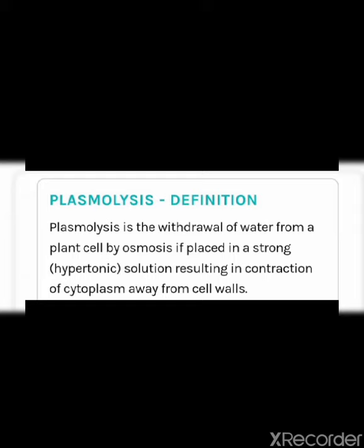Means the cytoplasm will shrink and the plasma membrane will withdraw from the cell wall. This shrinkage from the cell wall is called plasmolysis, and the cells in this state are said to be flaccid. The condition is called flaccidity. When we place a living cell of a leaf of an aquatic plant in fresh water, then it remains in a fully stressed condition. Clear class?